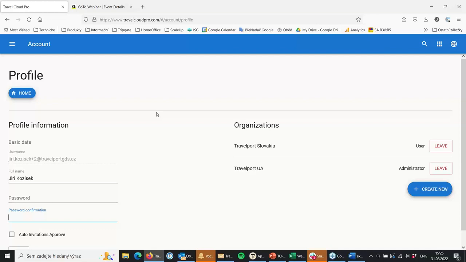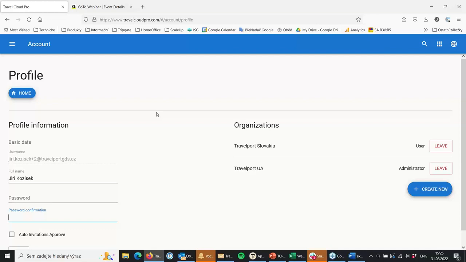You can set up the role by sign-on in the host system, but here in TCP there is only one sign-on, which is a universal API sign-on, and we would like to introduce the same function over here. So you will be able, as an administrator of the organization, as an agency, to set up different user rights for your travel consultants.